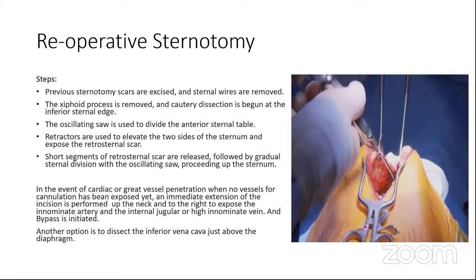The steps of the re-operative sternotomy. The previous sternotomy scars are excised and the sternal wires are removed. The xiphoid process is removed and retrosternal dissection is begun at the inferior sternal edge. The oscillating saw can be used to divide the anterior sternal table. Retractors are used to elevate the two sides of the sternum and expose the retrosternal scar. Short segments of retrosternal scar are released, followed by gradual sternal division, with the oscillating saw proceeding up to the